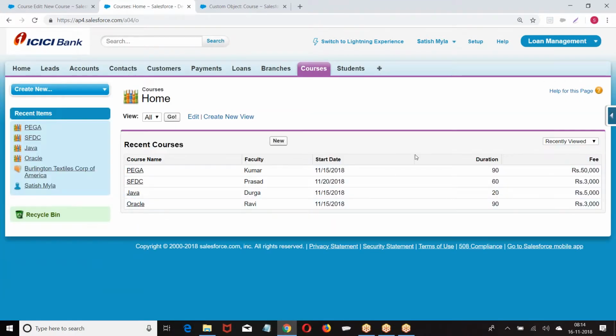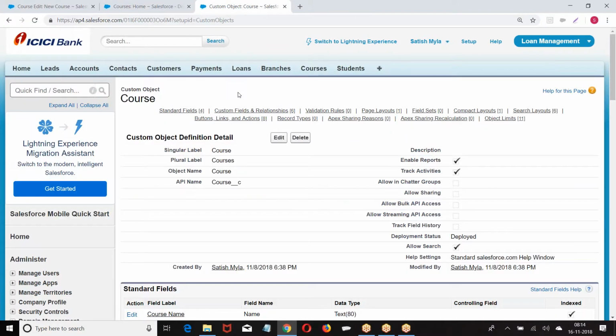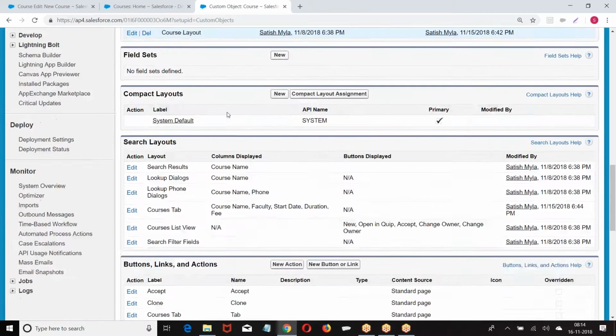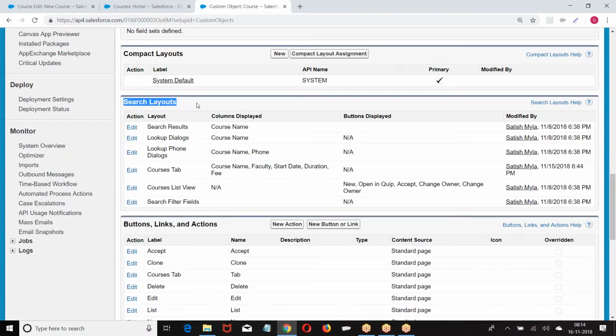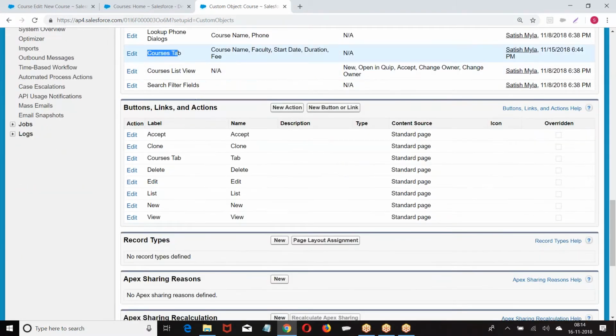Now what are we able to see? Previously we were able to see only the name field, but now when you click on the tab, which fields of the course should be displayed? That we are doing from where? Go to the object, scroll down, what do we have? Search layout, then we have course. When you click on the tab, what fields?